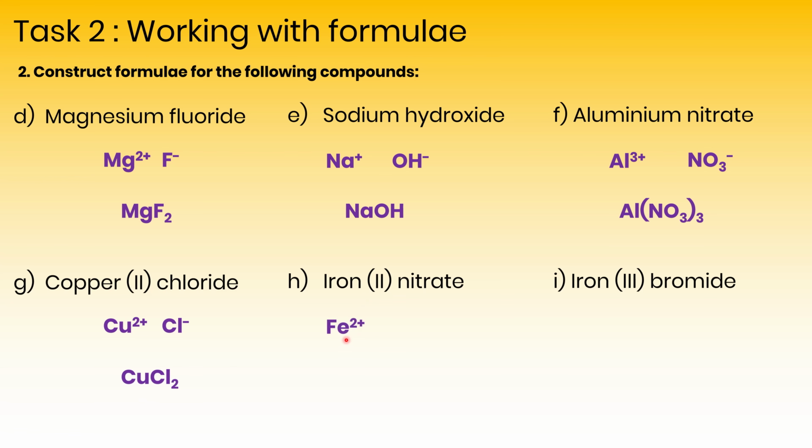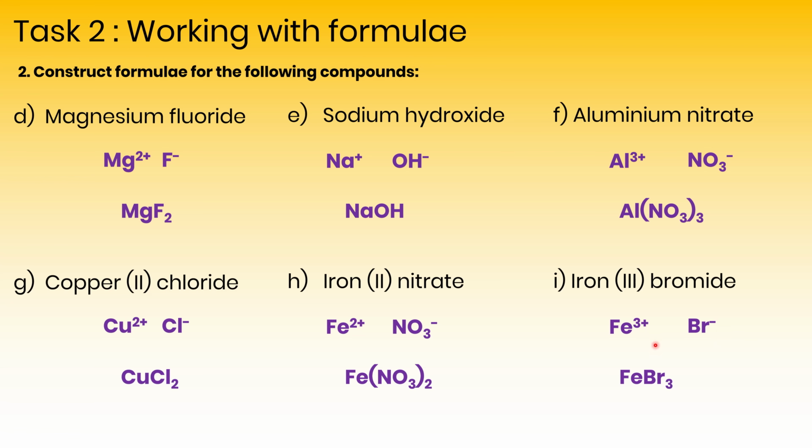Iron 2 would be Fe2+. Nitrate is NO3 with a 1- charge. Here I've got 2 pluses and only 1 minus, so I need to multiply the nitrate group by 2 in order to balance. Finally, iron 3 bromide. Iron 3 is Fe3+, bromine is in group 7, so it gains 1 electron to form a Br- ion. I've got 3 pluses and only 1 minus, so this will be FeBr3 in order to get